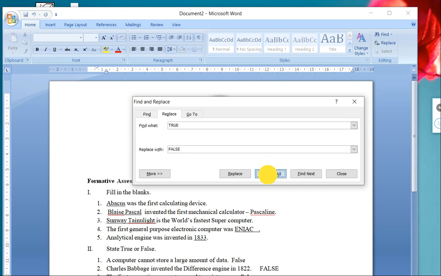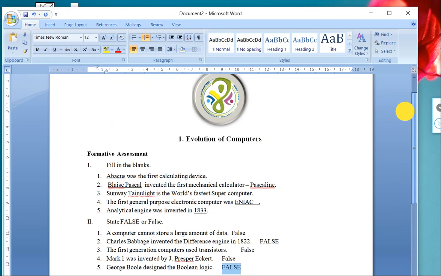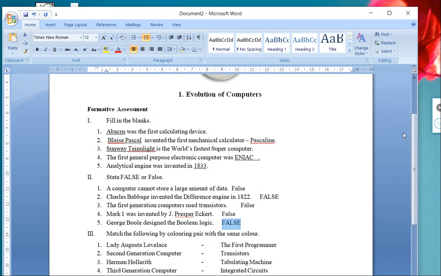If I say Replace All, then wherever I find "true", everywhere it will get replaced with "false". You can see the false here, here and here. I'll just highlight it for you. So here I have replaced the word true with false. Okay.